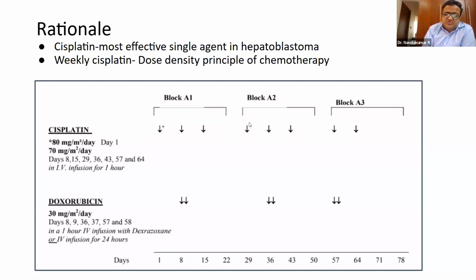So imagine a child who's going through 80 plus so many cycles of 70 milligram per meter square cisplatin. It amounts up to 570 milligrams per meter square of cisplatin within this short interval, correct? So 80 plus 70, 70, 70, 70, 70. So 570 milligrams per meter square, which is the toxic limit of cisplatin, is being used even before NACT. And doxorubicin is given at 60 per cycle, which amounts to 180. So 180 doxo and 570 cisplatin is used before NACT, and that is how this study had very good results